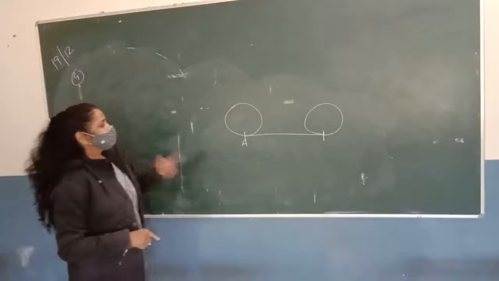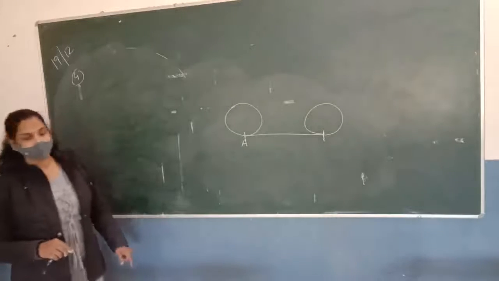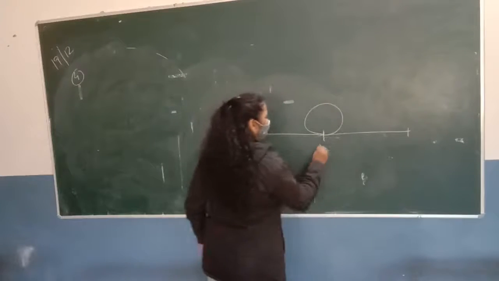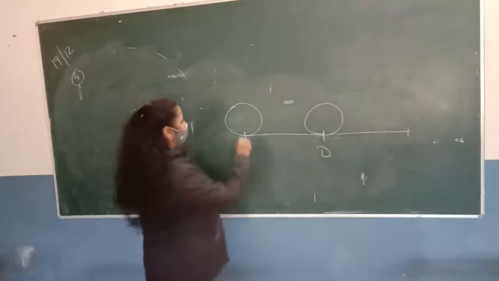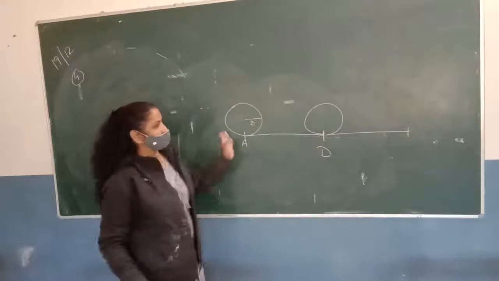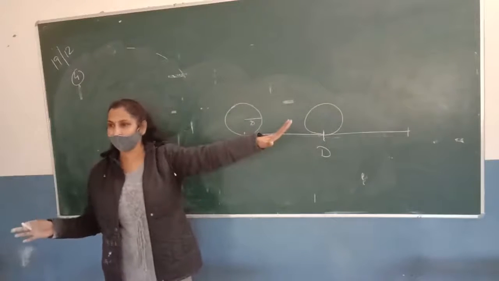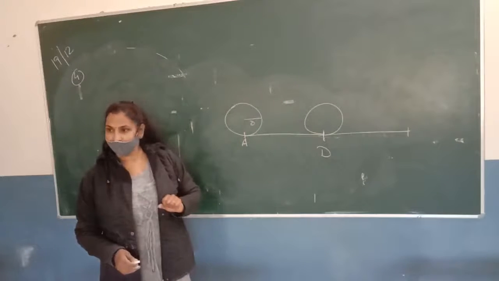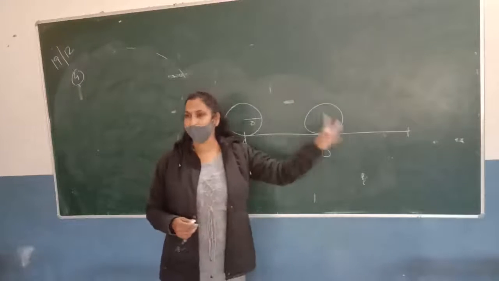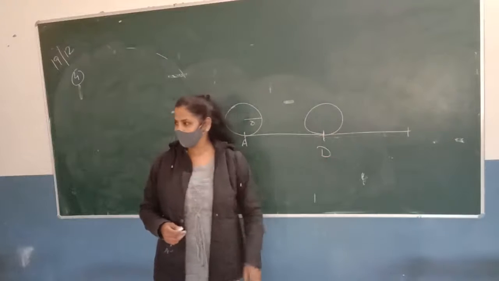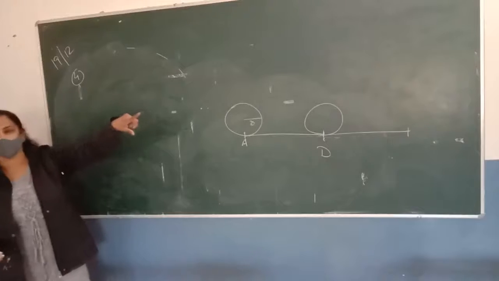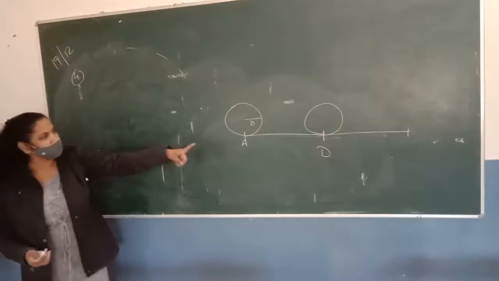Okay? So for finding the distance, suppose some distance is given to you, कुछ भी distance दिया मैंने आपको d दिया, and you know the radius of the circle, and you have to find how many revolutions it will take in this distance. So how will you find it? Distance divided by the circumference. So we can find the number of revolutions by the formula: the total distance divided by the circumference.